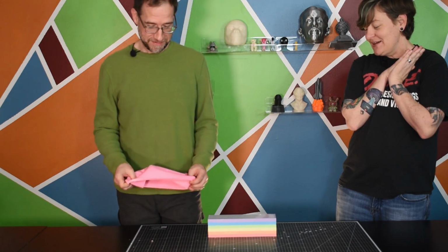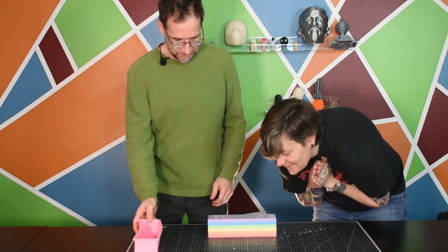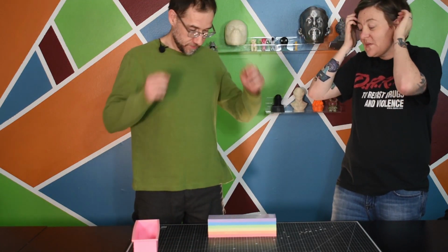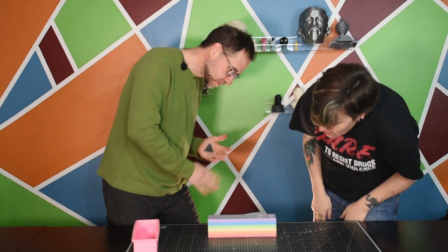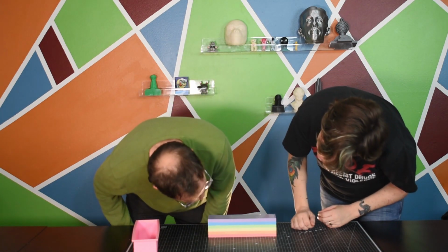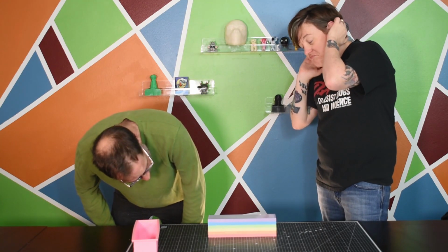Yay! Not bad. I love it. It smells really good. Yeah, it smells good. Awesome. It looks like the layers. You can see a few little air bubbles here and there, but they're pretty minor. And it looks like the layers